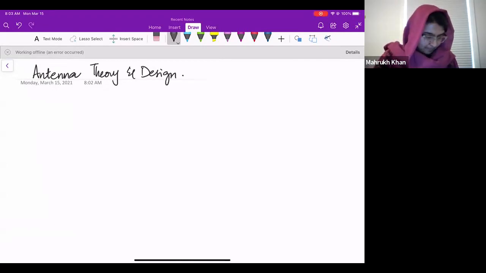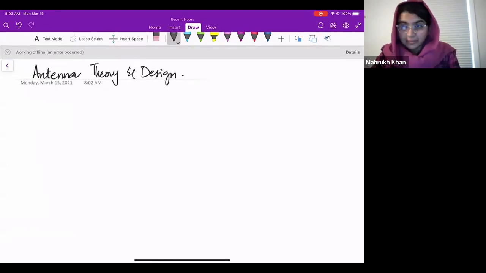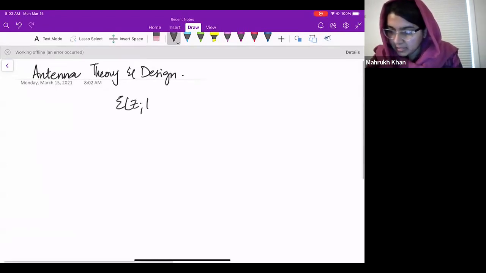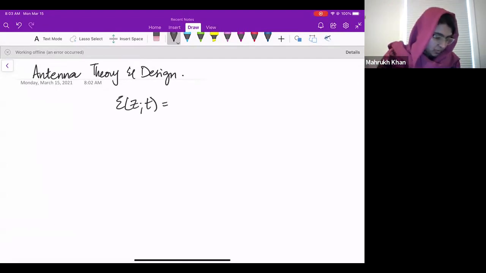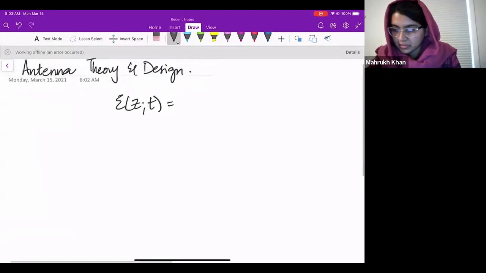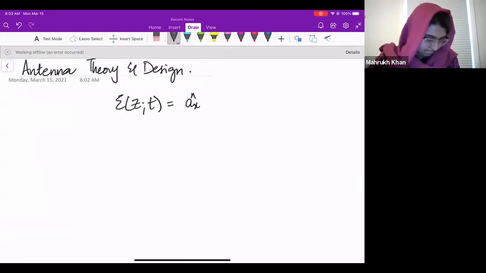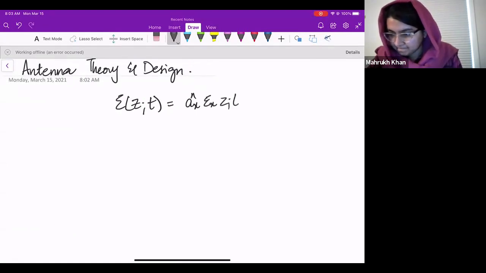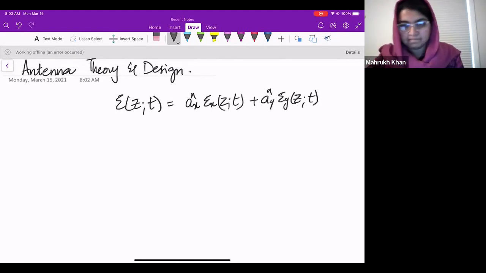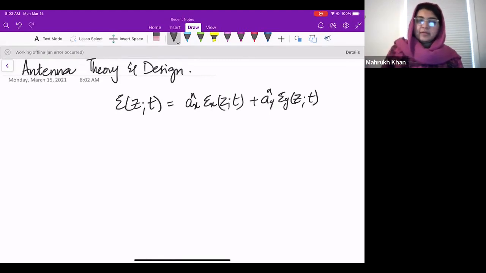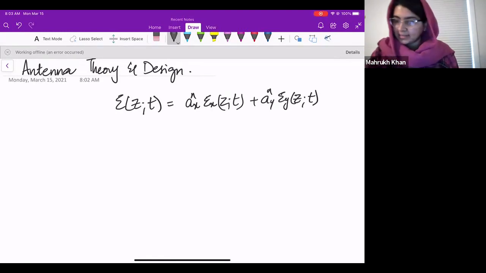So let's say we have an electric field that is traveling in the negative z direction. The components of the field are, okay, so there is an x component and a y component. It could be theta and phi too, depending upon the coordinates you are working in. So it's x and y, and we know that we can also write these as,